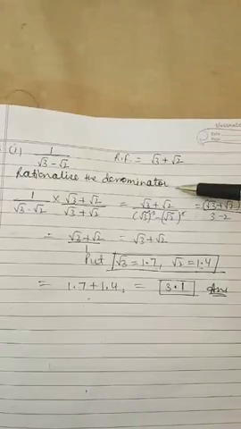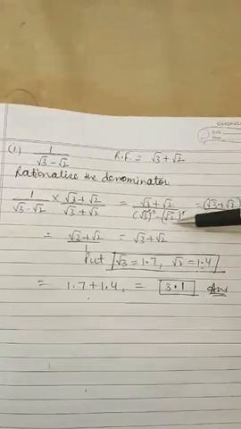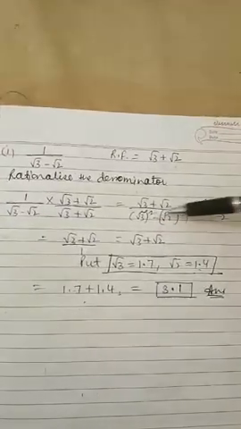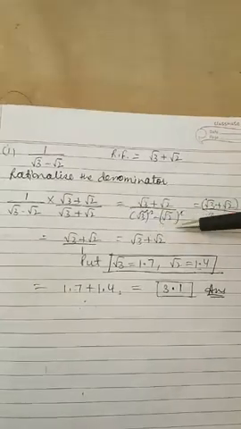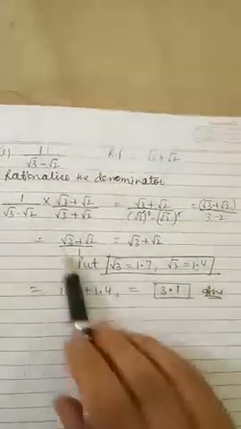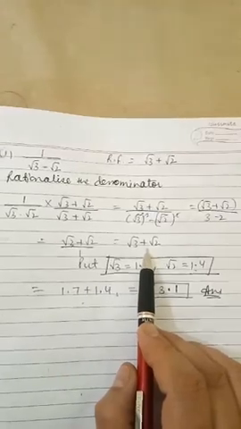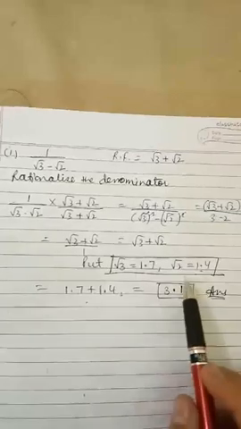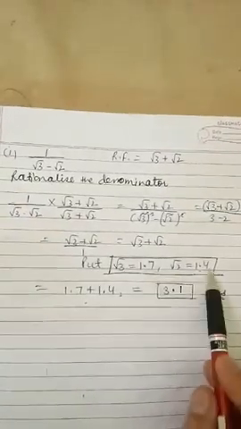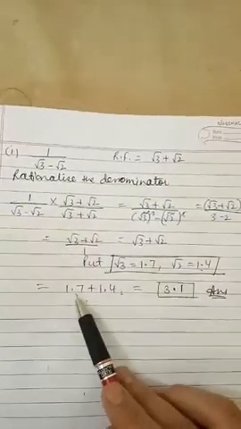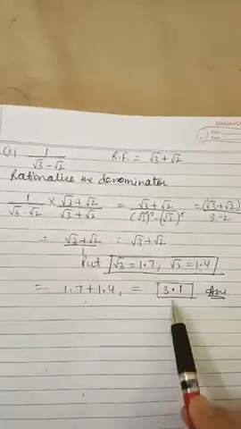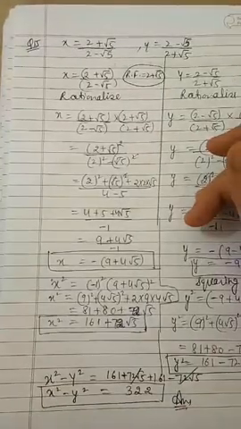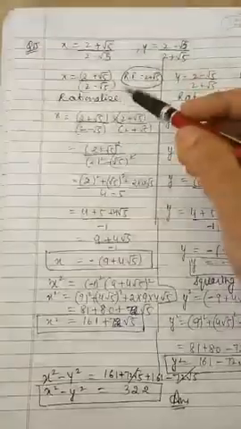Rationalize the denominator, and then you can see here in the denominator we can apply the formula a square minus b square, that is a plus b into a minus b, a square minus b square. It is 3 minus 2, and after solving we are getting root 3 plus root 2. The value of root 3 is given 1.7. Root 2 is 1.4. Simply you will put these values here and you will get 1.7 plus 1.4 is 3.1. Question number 14 is simple. Take LCM.